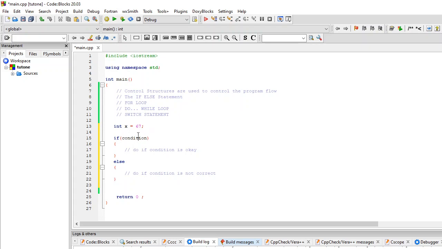For example, if I check if x is greater than or equal to 5, is it? If it's greater, we can just print out